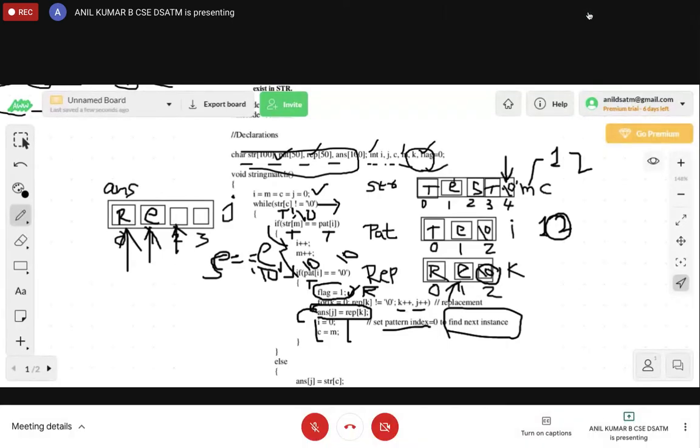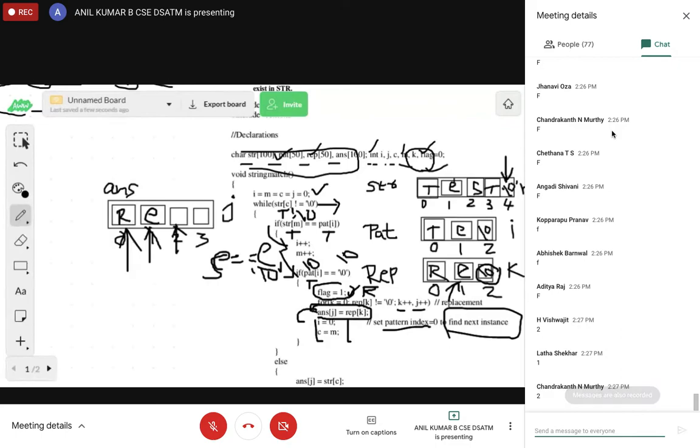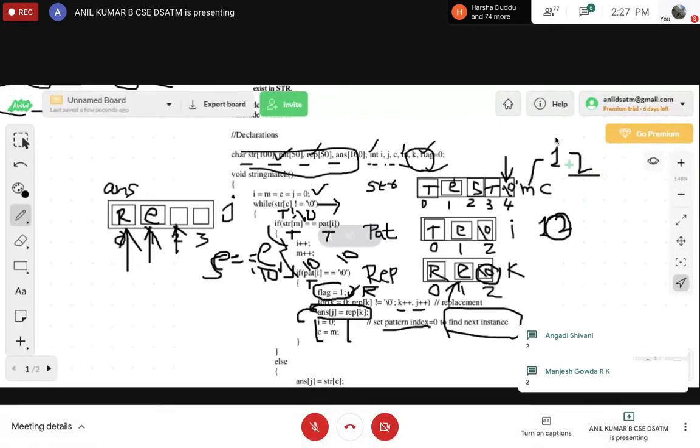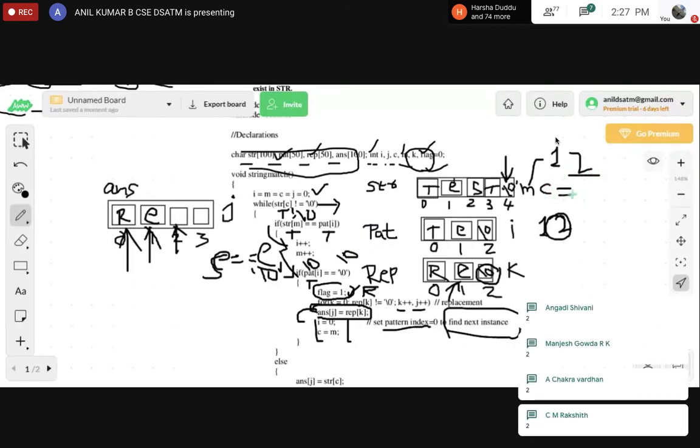Where we have used M for the source string. Check it. 2. Yes. The current index of M is 2. That is assigned to C.